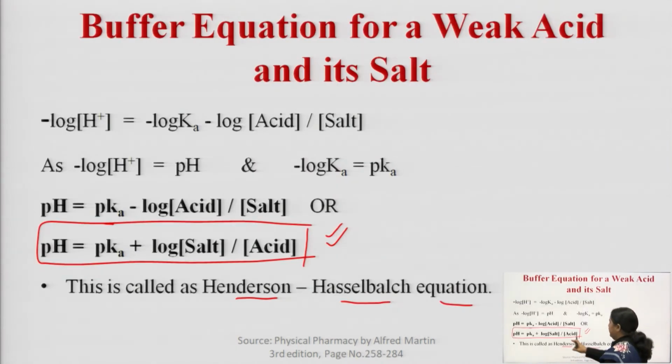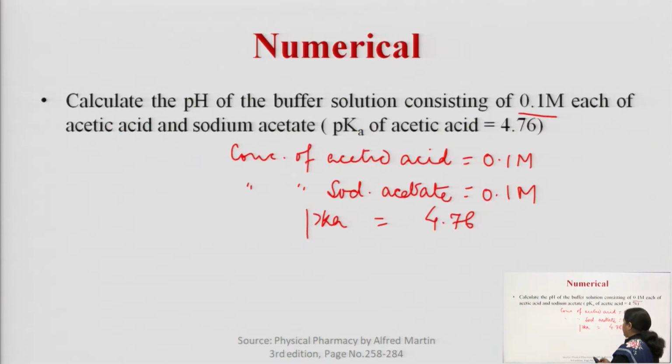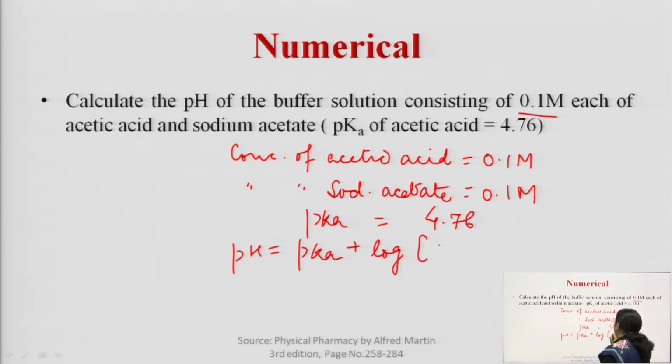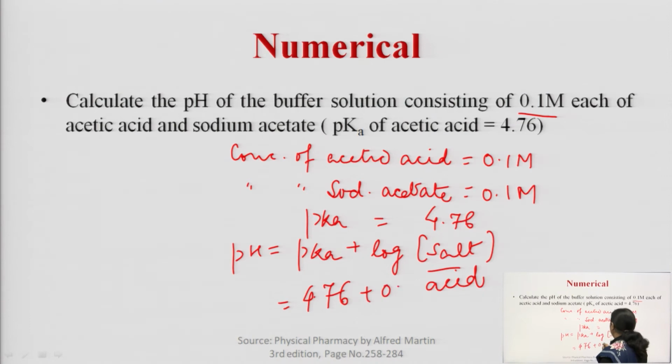So, from the previous slide we can see that pH is equal to pKa plus log salt upon acid. If we have the concentration of the salt, the concentration of the acid and pKa, we can calculate the value of pH, right. So, pH is equal to pKa plus log salt upon acid, right. So, we have the pKa value as 4.76 plus log 0.1 upon 0.1, right,